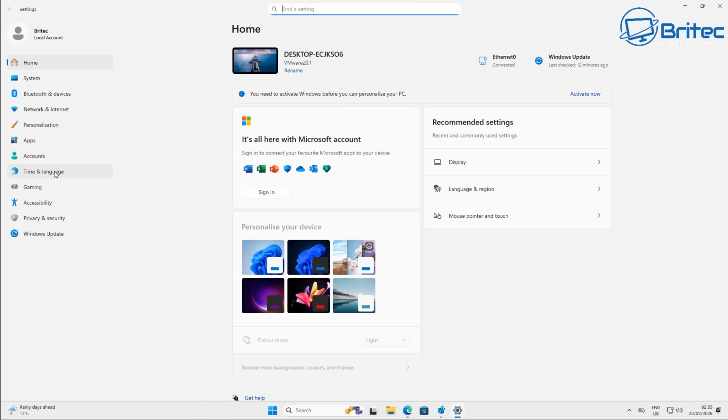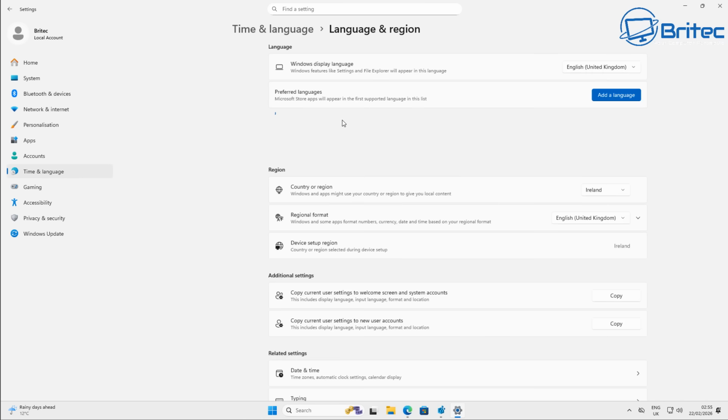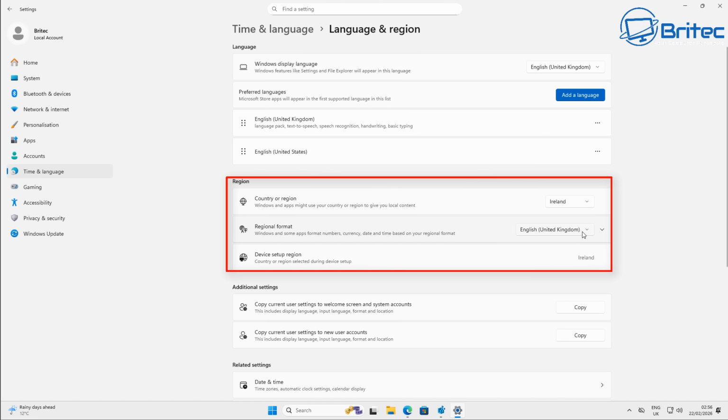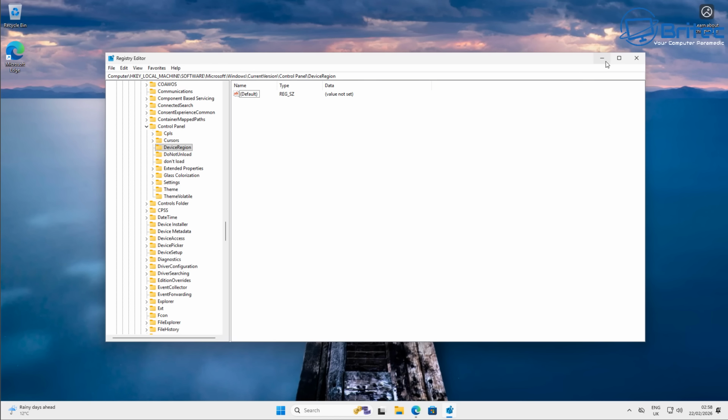And that means you're in the EU when you're in the UK. So we can see right here in language and region, we can now see country and region is Ireland, which we changed it to. And the device setup region is now set to Ireland. Now, you can reverse this and put this back once you finish, but that means it now thinks that you're in the EU, which obviously gives you a lot more powers to uninstall stuff because of the regulations of the